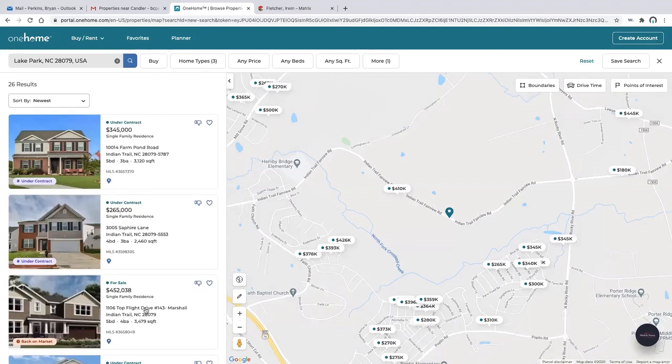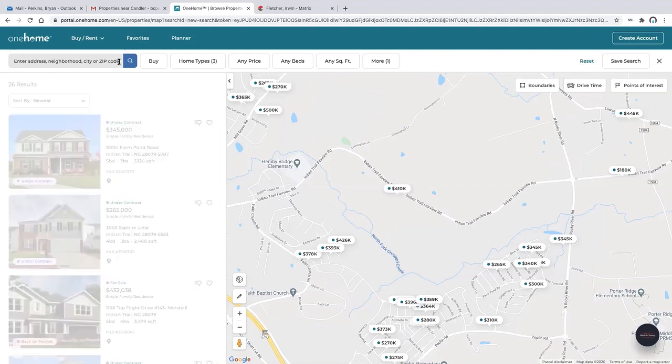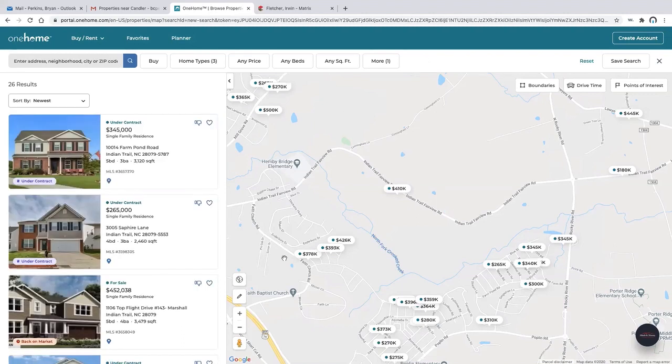Another option, other than using the location criteria here in the upper left, like a neighborhood, a city, or a zip code, they might opt to use either a drawing tool with our pencil on the map to create an area to search with that same criteria,